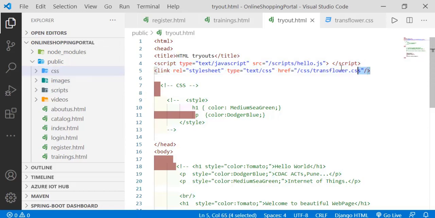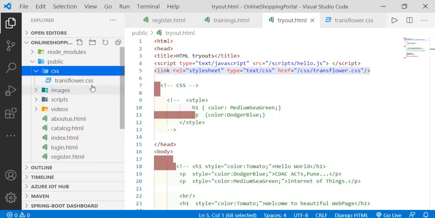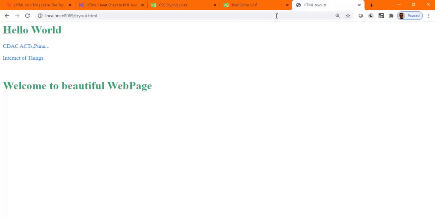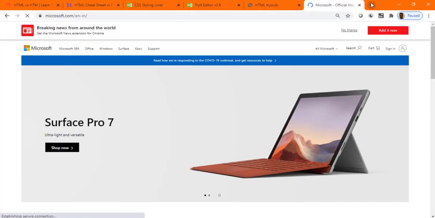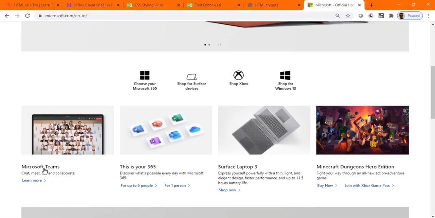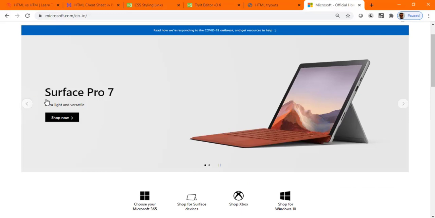So this is the way we have used one CSS. But we can also go back and add a few more CSS files. This CSS concept is used from a branding point of view. If you really want to see an example, let me go to the Microsoft site and type www.microsoft.com. Whichever web page you access on the Microsoft.com site, there is some consistency maintained in the fonts, the headings, the size of every rectangle, and the proper layout.